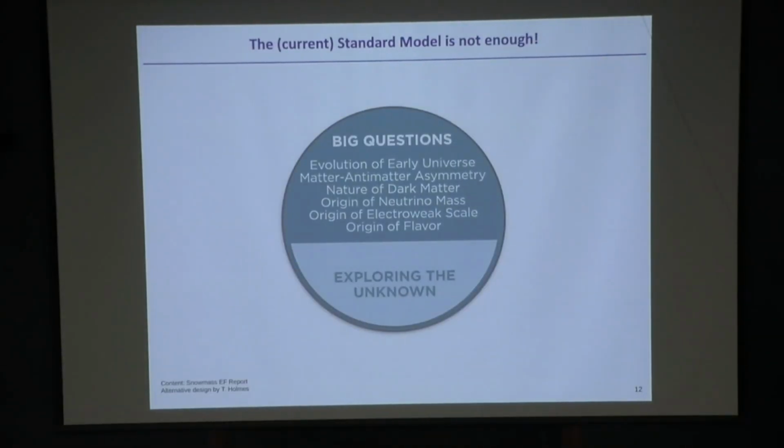So this is all beautiful, but in the field, we know that we are far from done. There are really big questions that the current theoretical and experimental understanding of nature is not able to answer. Here are just some of them. Things like why we have more matter than antimatter, why the antimatter has gone away, or what is in general the origin of the electroweak scale, or the weak scale, or the scale of the weak interaction, and so on. And so I just wanted to give you a few examples of why we are thinking of a muon collider in this specific case, or in general, future colliders beyond the LHC to explore these types of questions.